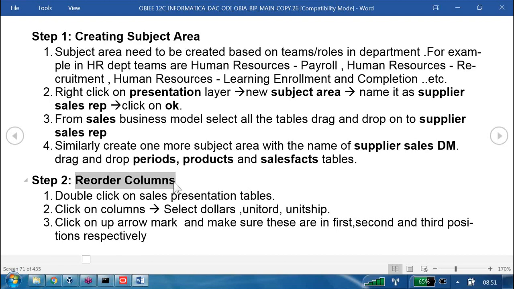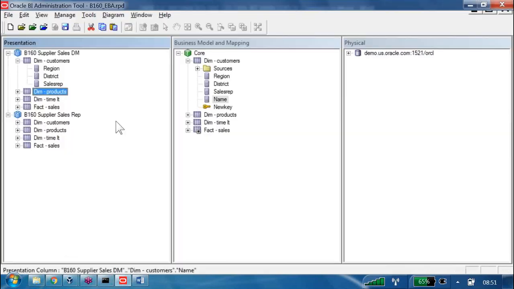Reorder columns. For example, I have columns here, right? Which is the best way you are thinking about it? Most used columns we have to keep in the top position. Less used columns we have to keep in the bottom position, so that users or report developers can access them very quickly.